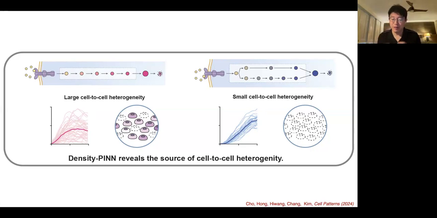So this gives a very important message for drug development. When we develop a drug, we need to identify the target of the drug. Then a good candidate for the drug target is one that is regulated by this multi-time scale signaling pathway, to get homogeneous responses. So for instance, if we want to develop an anti-cancer drug which can kill all the tumors, we need to target some gene which is regulated by this multi-time scale pathway.